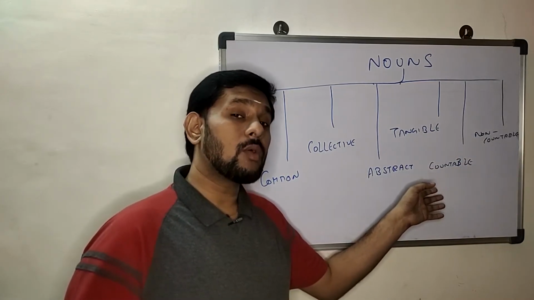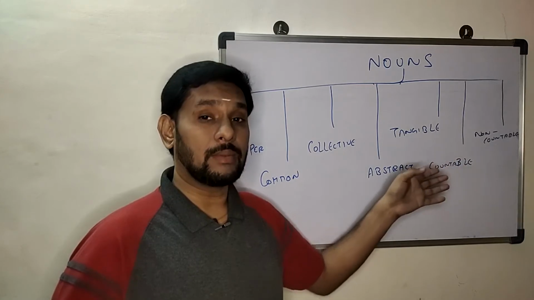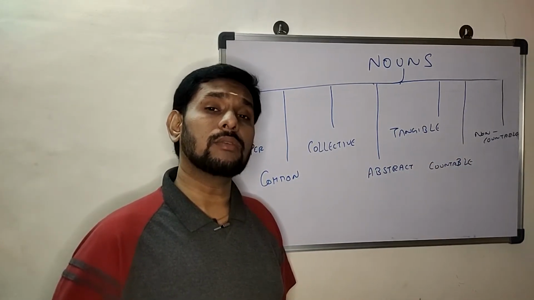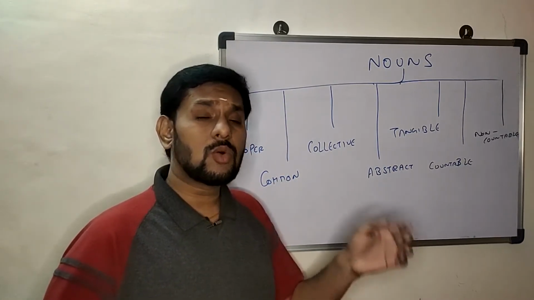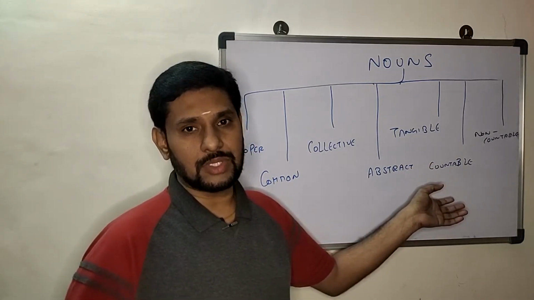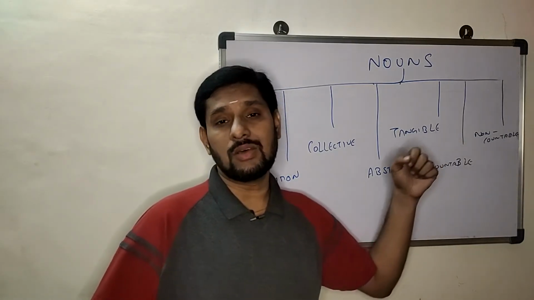Whereas wherever you're able to frame a question with many, right? How many people are there in this session right now? How many computers do you have and how many cars do you have? So wherever you use many, that becomes a countable noun. So that is how you identify the difference between countable and non-countable noun.